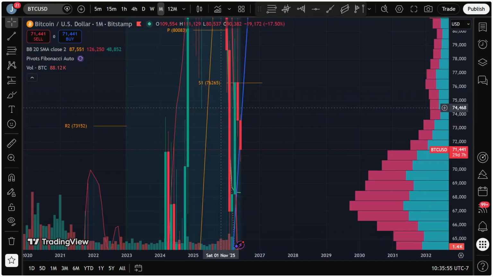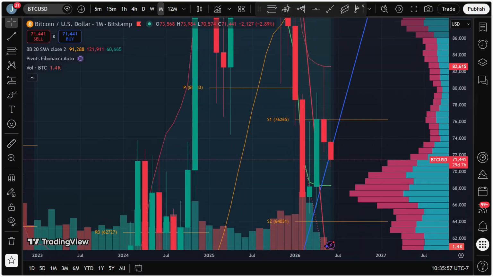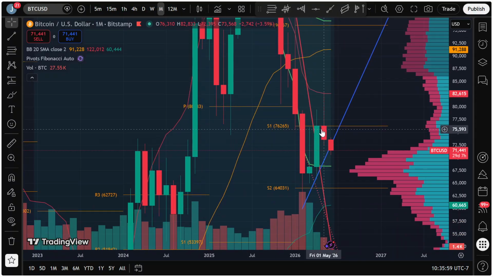So if we're looking at the higher time frame, what has happened? So most importantly, obviously, it's June 1st. Happy June. Hope you paid your rent. So we had our close for May at about 73.6K, in inverse of 76.3K, interestingly enough, a palindrome, if you will, which puts us in an interesting position now,